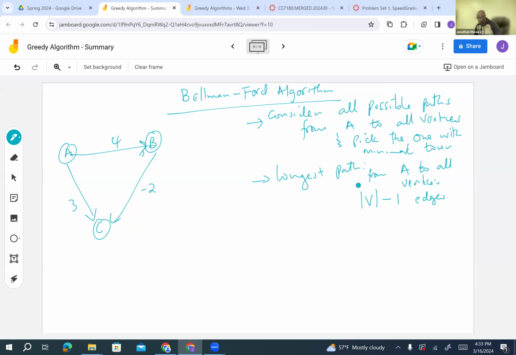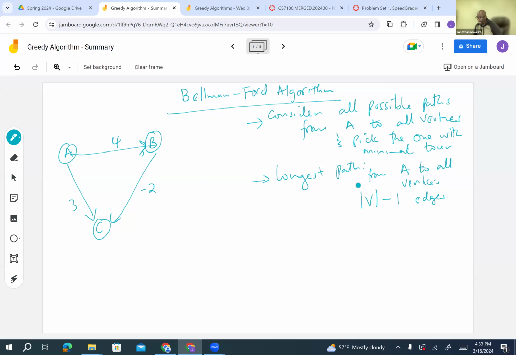The longest one should be able to go from V to V minus 1 edges and so on. So essentially, for example, A to C has only one edge. A, B, and C has 2 edges, and so on. So the longest one that we could consider in terms of, even if we did not consider,